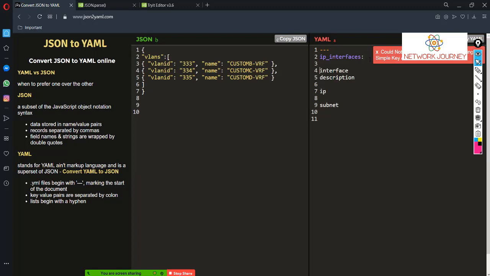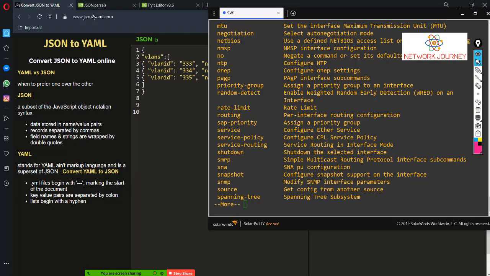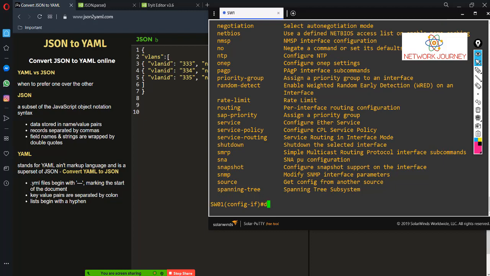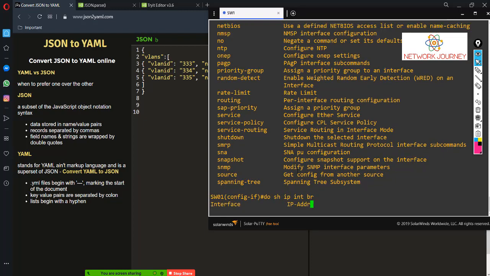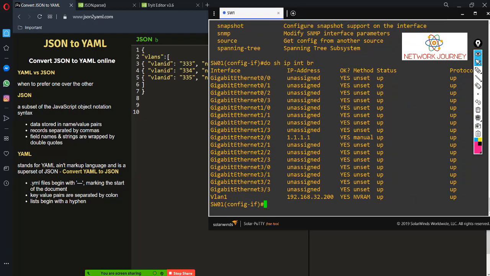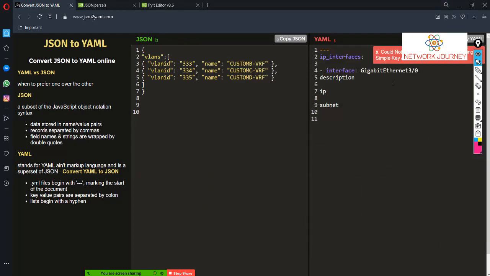What is the format of writing interfaces? I say interface. And this is my data model, right? You agree with that? So I have to take the interface from my device. So let's say if customer is giving us some interface, I have to consider them. So this is my interface. I'll paste it here.